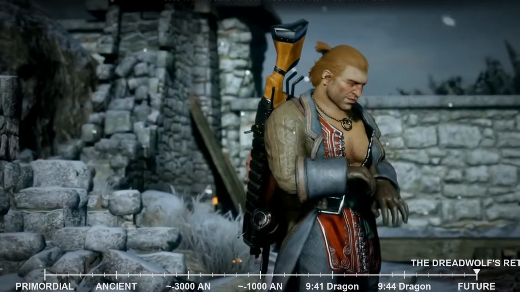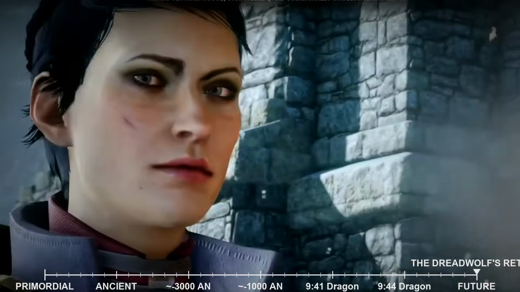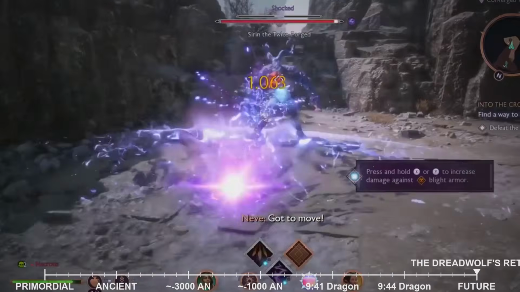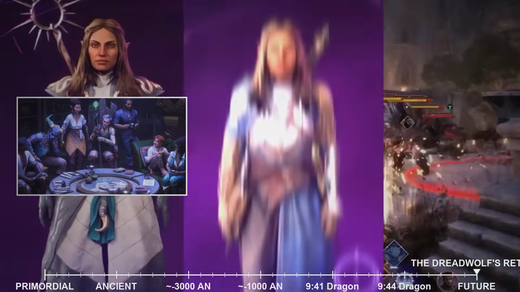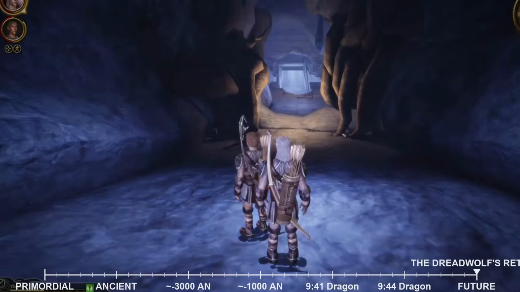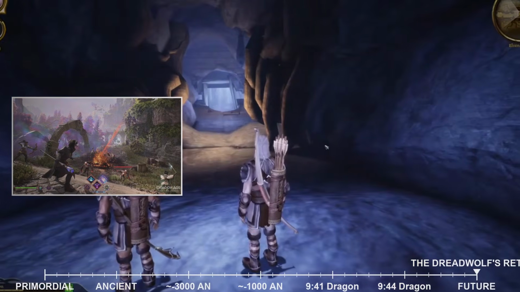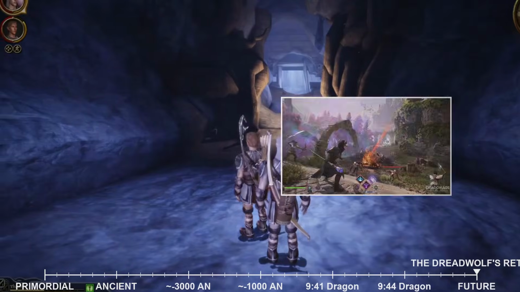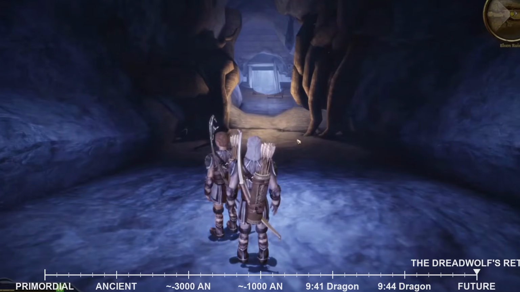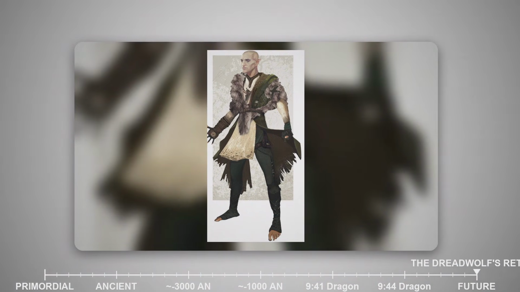The relationships forged with these companions will be crucial, their loyalty and their insights potentially making the difference between success and failure. Their personal quests will weave into the larger narrative, enriching the world and providing deeper understanding of the various factions and conflicts. The game will delve deeper into the lore of the ancient elves and the creation of the Veil, the magical barrier that separates the physical world from the Fade, the realm of spirits and dreams. This exploration will not be merely academic, it will be directly relevant to Solas's plans and the fate of Thedas.